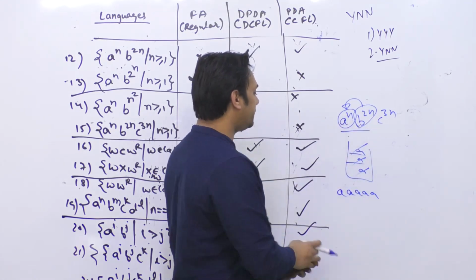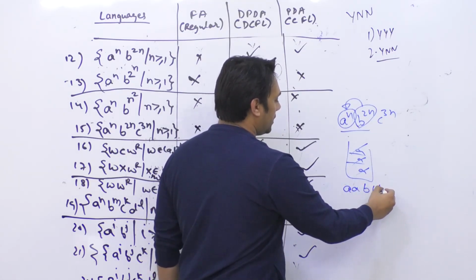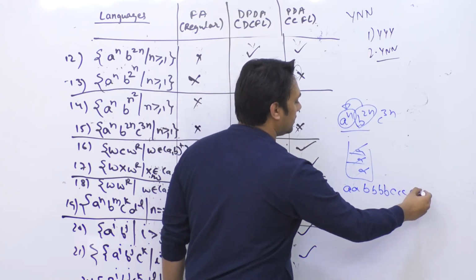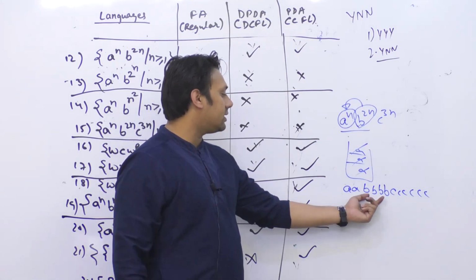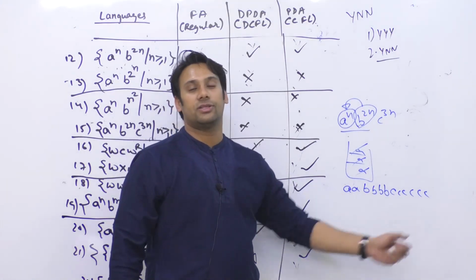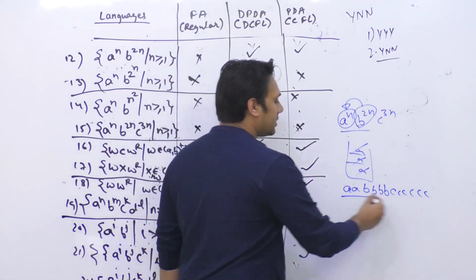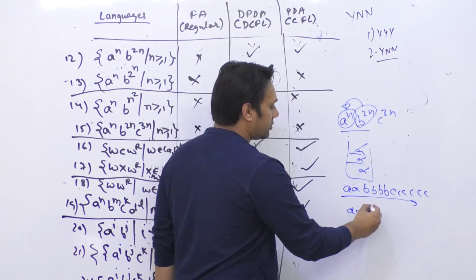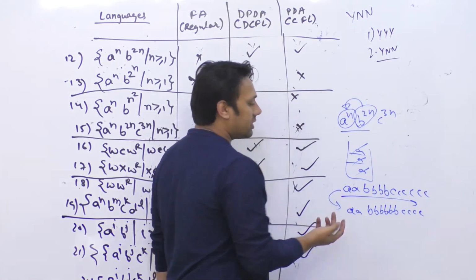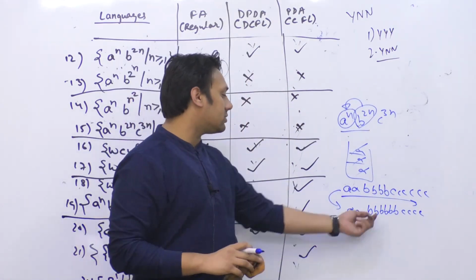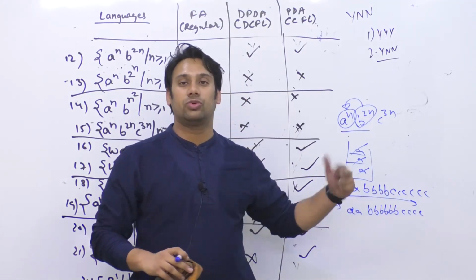So what you can do is, let us suppose the string is this way: A, B, B, B, B, and C, C, C, C, C, okay? So here you can insert 10A, and then you will say, okay, sir, after inserting 10A, remove 4B, and you can say remove 4C. But the problem again here is, you do not really know whether the string will be in this format, or sometimes you might get the string in this format. So again, both of these strings will get accepted. If you insert 5A and then you remove with B and remove with C, again you will not be able to identify which of the two cases is there.